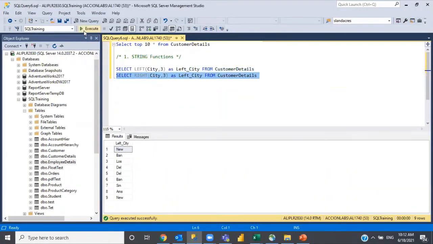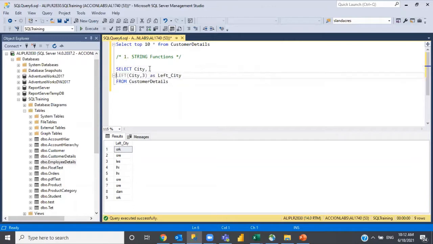When you write like this and execute, you see here we are getting the last three characters. If you want to check whether you are getting it correct, you can write like this as well. We will just use one query to see all the text.